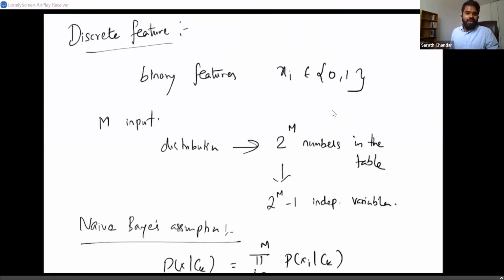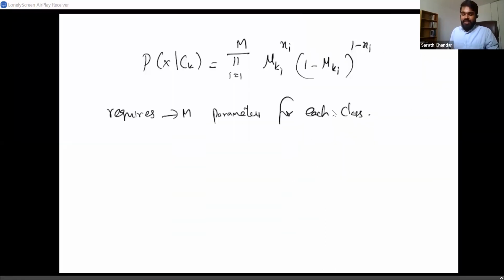If I don't have the naive Bayes assumption, then I have 2^m parameters. On the other hand, with the naive Bayes assumption, I move from 2^m to m. So the naive Bayes assumption makes even more sense. It's extremely useful in the discrete case, because in the continuous case, the difference is from m squared to m, right? But in the discrete case, the savings that you get from the naive Bayes assumption is from 2^m